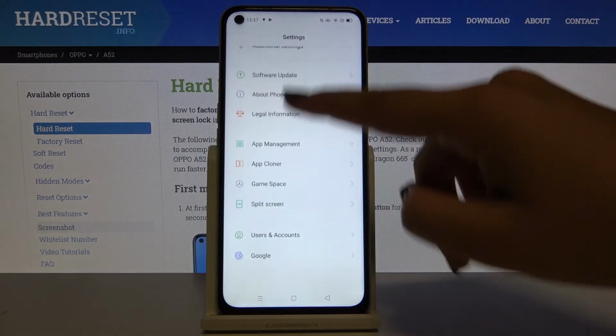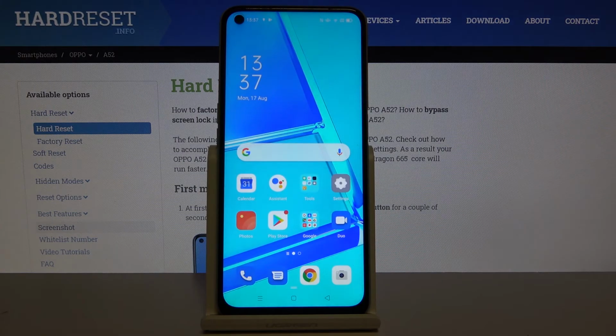This is how you change the language in your OPPO A52,